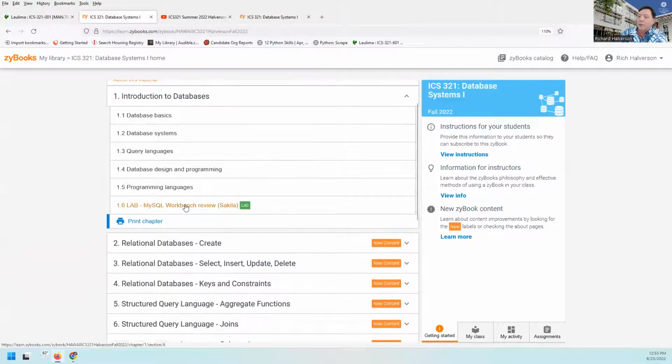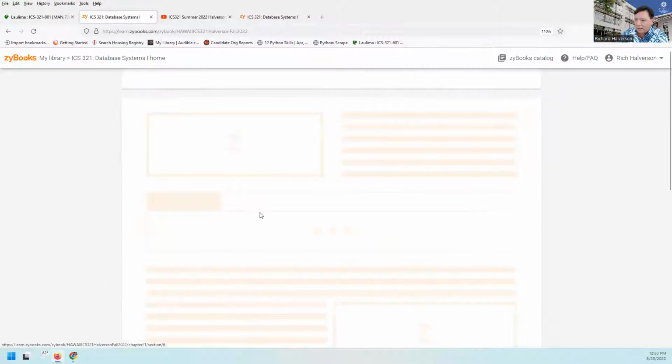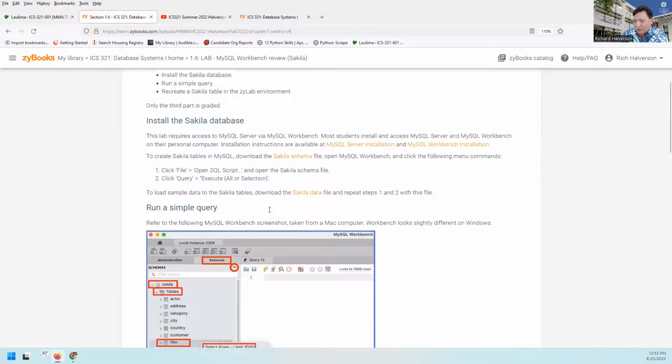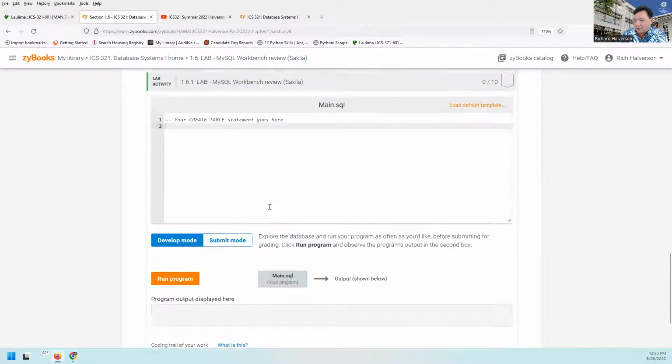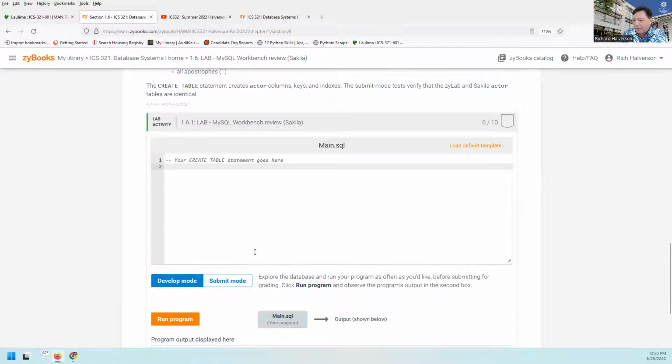Okay, and what you're supposed to do is install the database, and then do an export on one of the tables, and then paste that export. It's the create table statement right in here, and then you click on submit mode, and then you